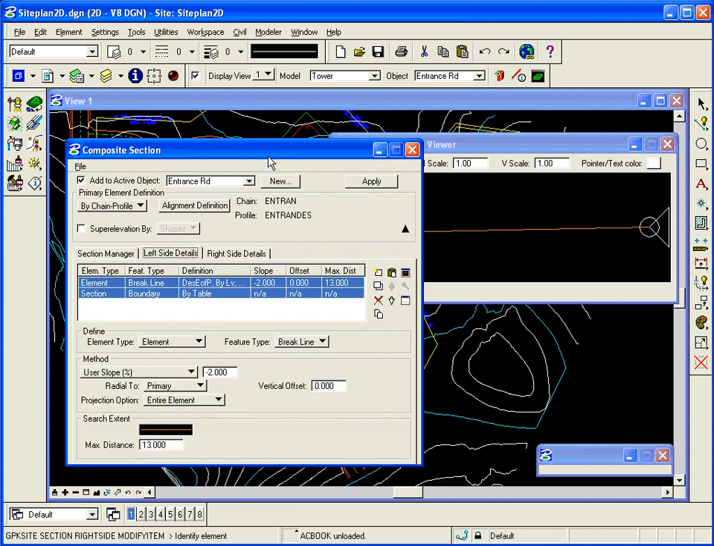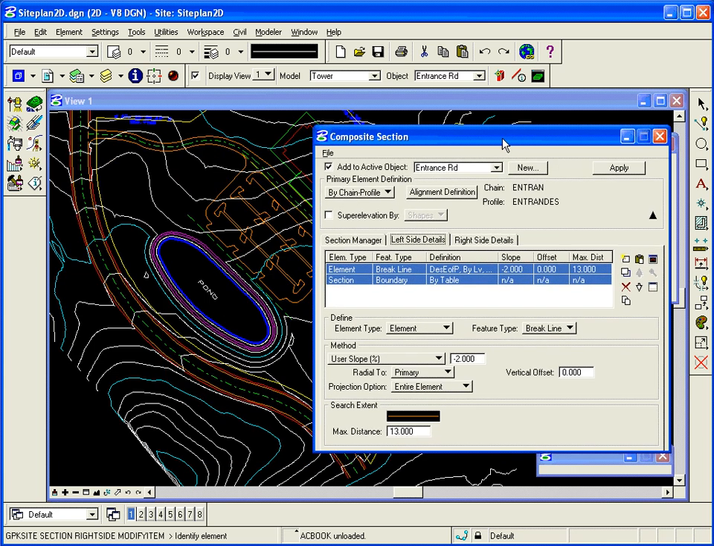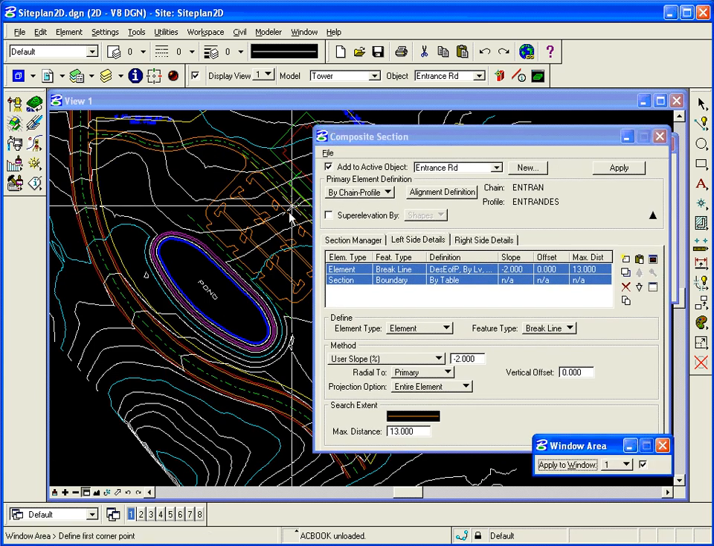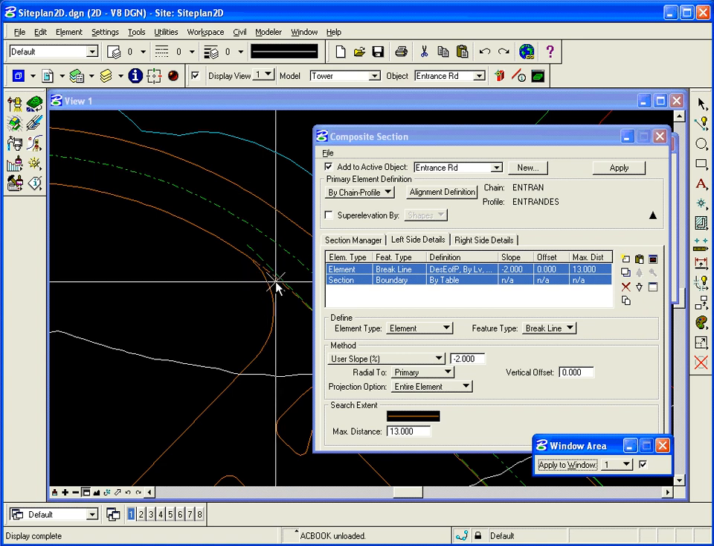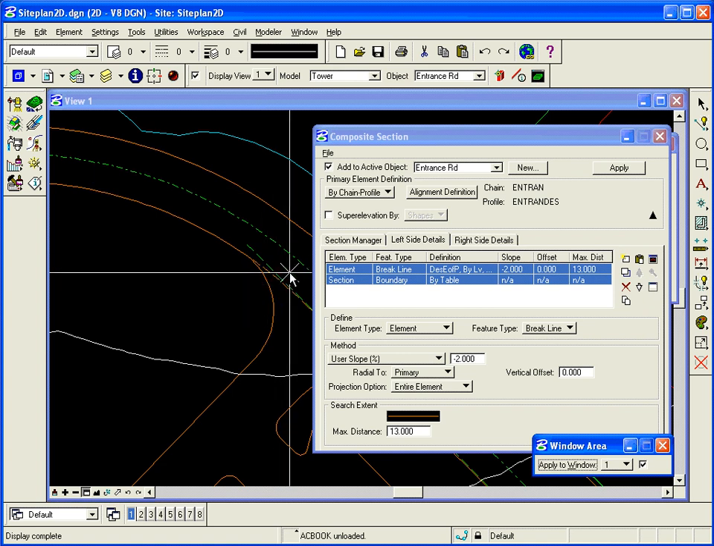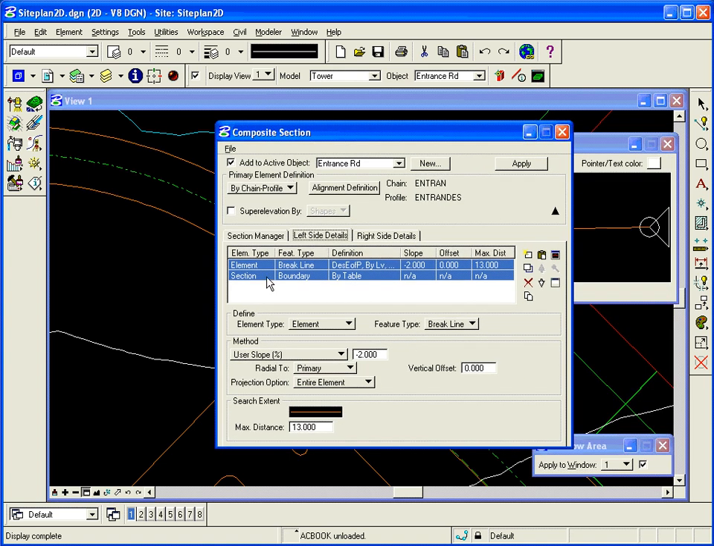As we come around on the left side of the road, we cross by the parking lot, where we have these dashed elements that represent the pavement edge as we extend through that area. I want to go ahead and slope to those as well. And they're only on the left side. So on the left side, I'm going to